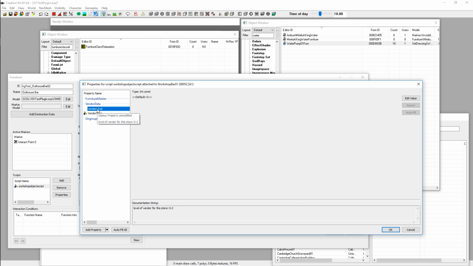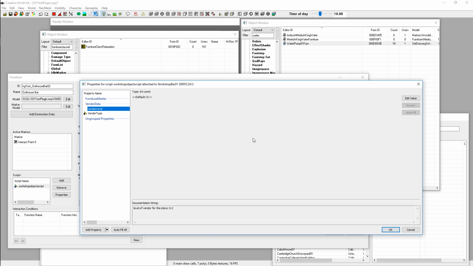So the vendor level determines which shop items they have. So if you've played around with the vanilla shops, you'll know that each of those 3 shops costs you more money to place down, and each one provides a higher level inventory. And there's always talk of the mysterious level 4 vendor. That's not actually a thing. What it is, there's like one or two extra items that get added to certain vendors if they're working a particular shop. So every shop has 3 vendor levels, and it's done in what's called a zero-based index,